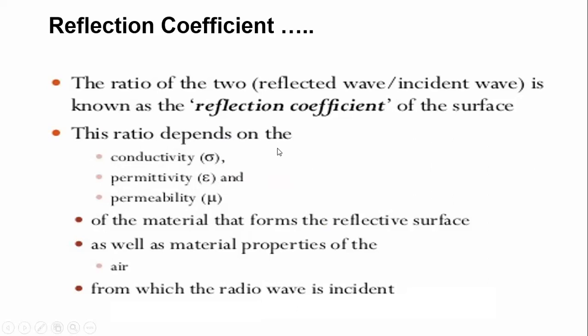In all the cases wherever you are using a material or a surface, you need to take care of all the material properties. If you're taking the example of air or a dielectric, whatever it is, you need to know the conductivity and the other parameters, whether you are using normal or oblique incidence. If you are finding the reflection coefficient, you should know all the properties. In this way we can find it, and not only in EM waves but also in radio waves.